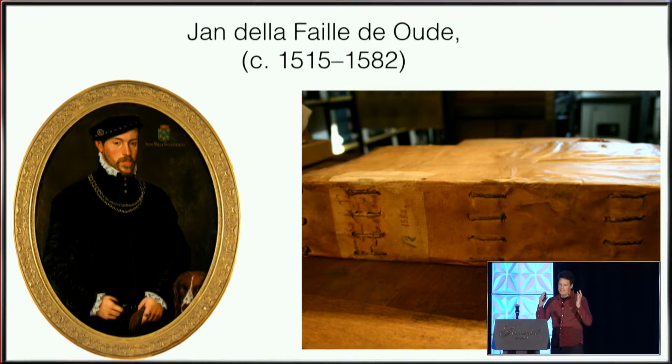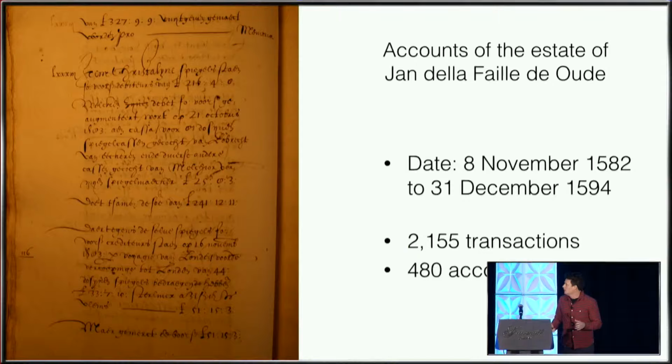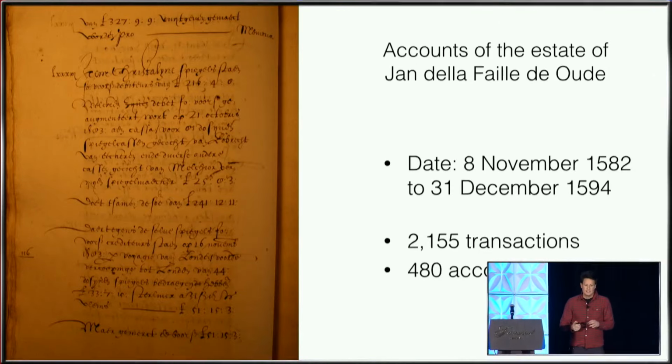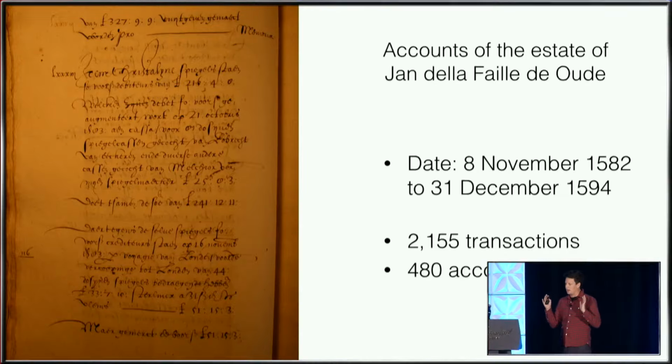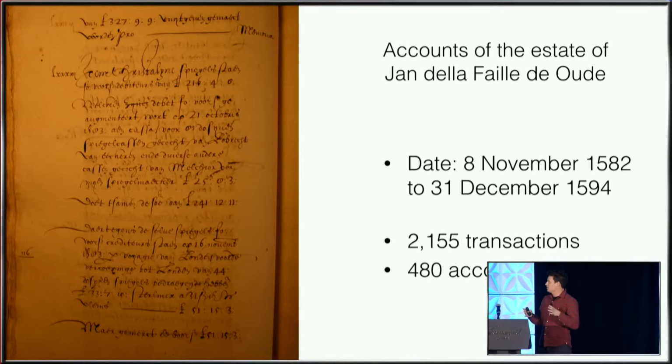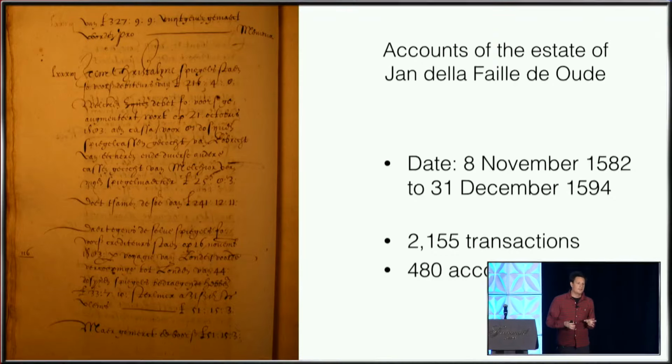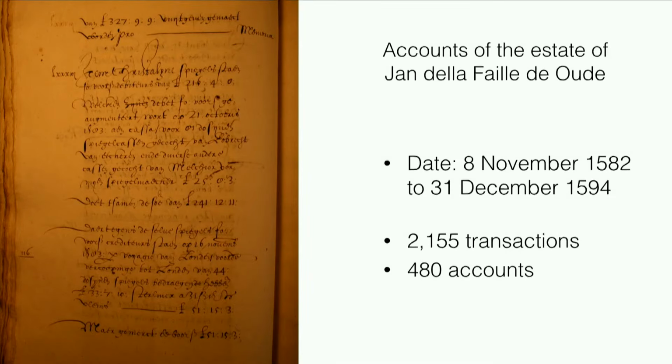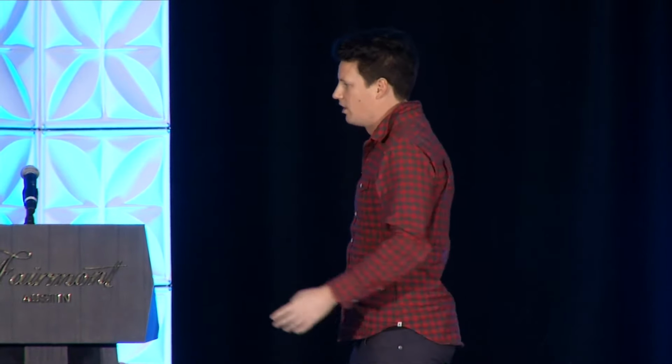So his account book, if you look at the inside, it looks like this. And it's about 300 pages, and then there are 2 of them. They covered the period from his death on November 8th, 1582, until the end of December 1594. And even then, the siblings, the heirs, hadn't received all their inheritance, and in fact, the heirs continued to argue over the inheritance until basically they died in the 1610s, and then their children also continued to argue over it.